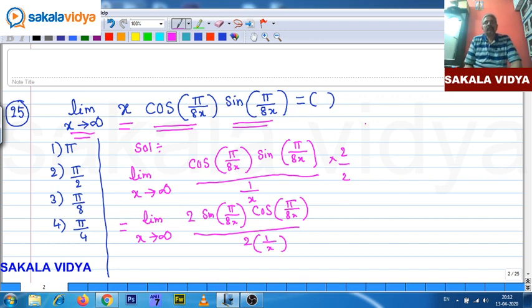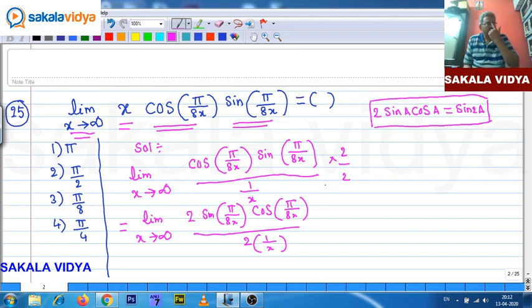So we have one formula, 2 sin A cos A, which can be written as sin 2A. This is the formula we have. With the help of this formula,